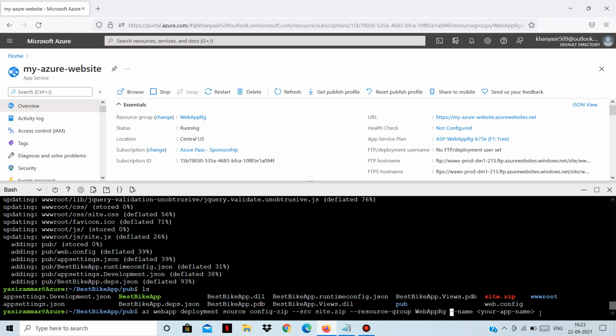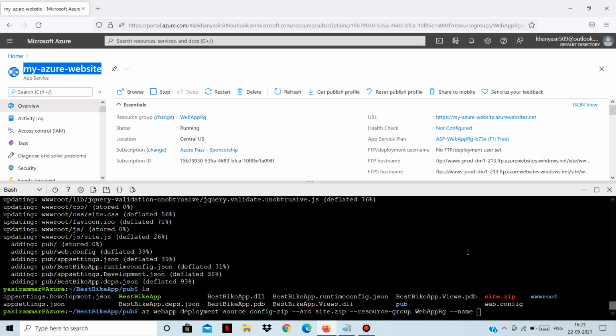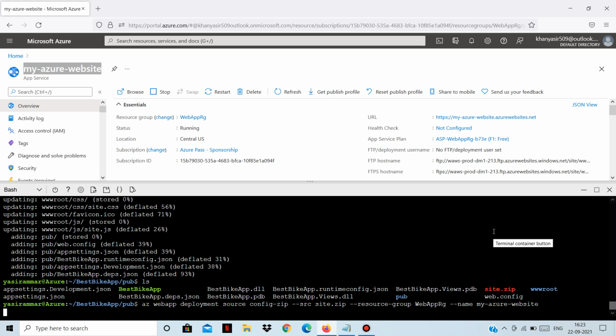Now we need to replace this app name also. Our app name is My Azure website. Let's copy it and paste it here. Now we are ready to run this command. Let's hit enter and let's see.